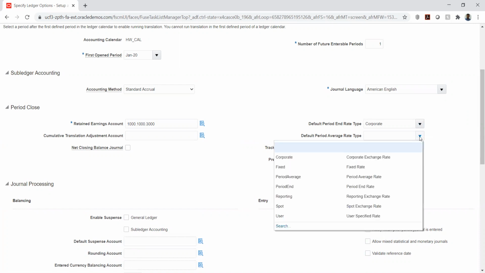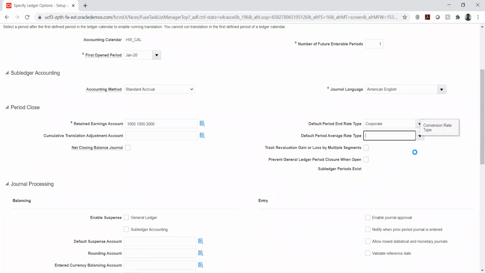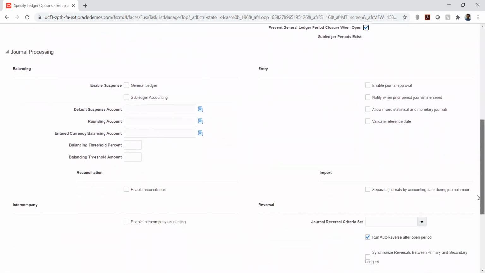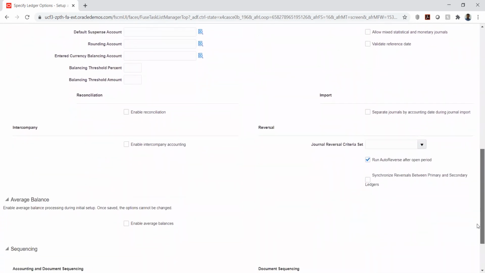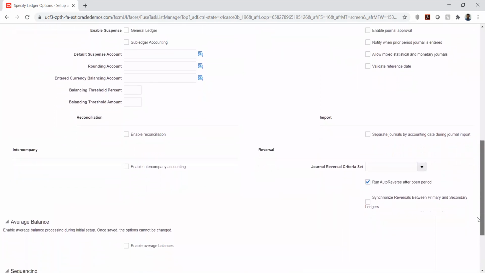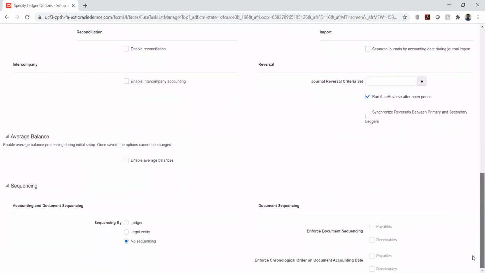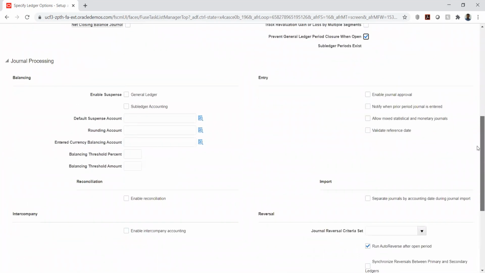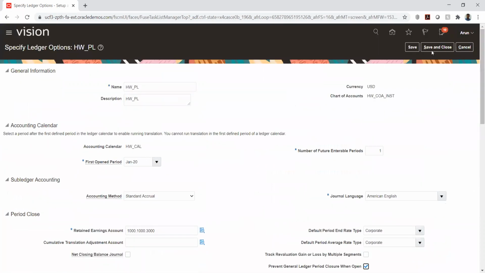I'm attaching both as in corporate. I'll enable this to prevent closure of the submission period. The others are expense and intercompany enablement and other options. Yeah, normal like EBS. Yes, correct. I'll just save and close.